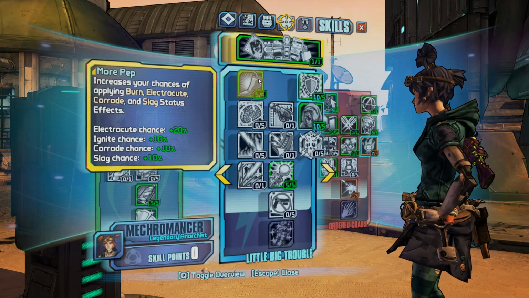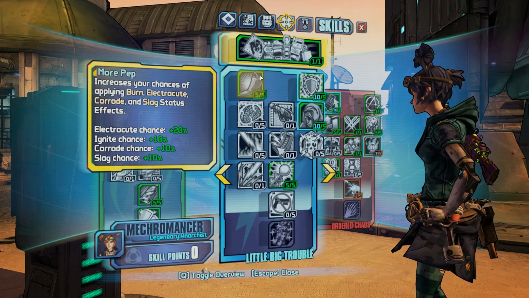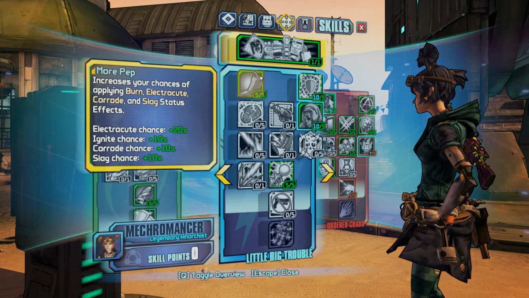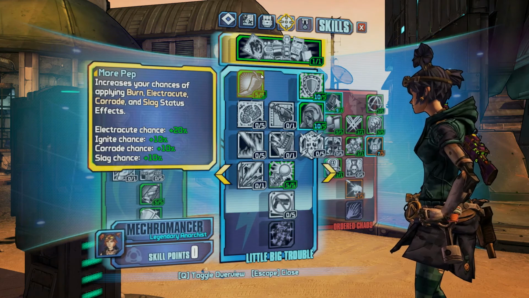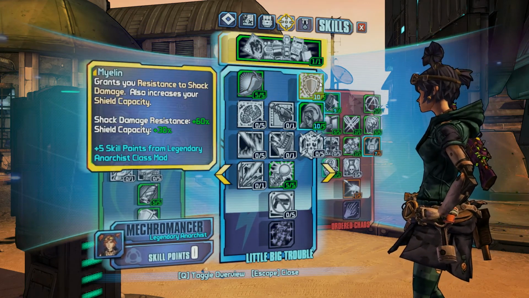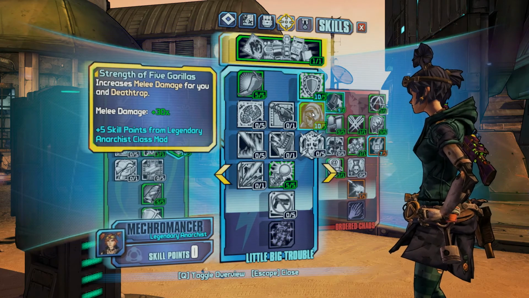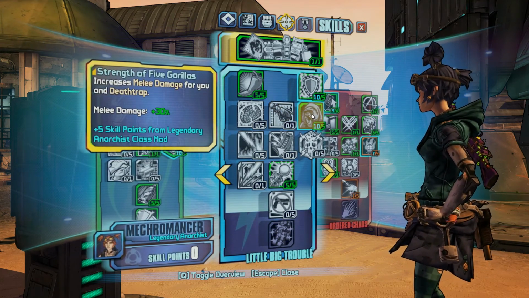We know this does not work very well. I think it's multiplicative, so it doesn't really add very much elemental chance, but it's just filler to get to Wires Don't Talk. Myelin as well, just filler to get to Wires Don't Talk. Strength of 5 Gorillas, I don't believe this really adds very much melee damage, but again, filler to